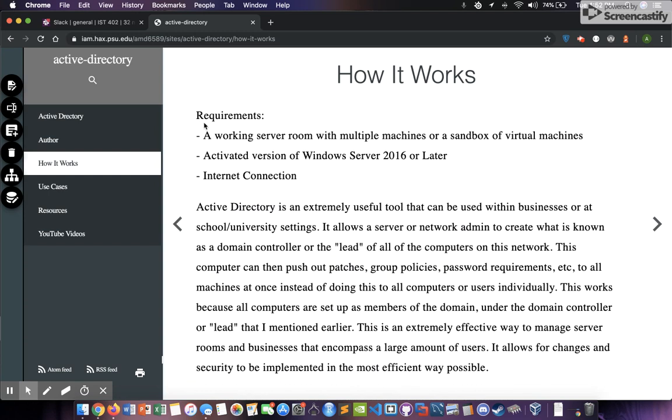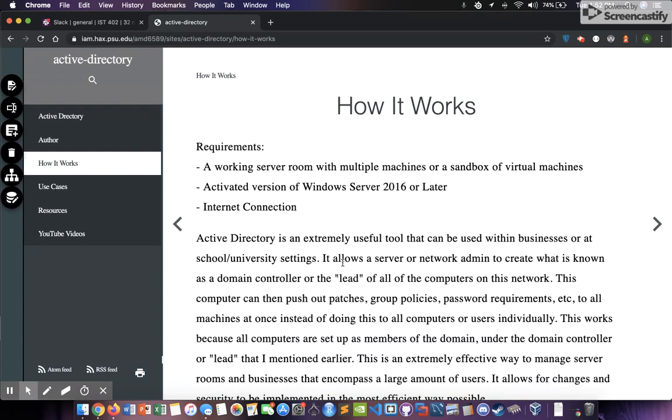Then I moved into a basic how it works page. Now, the thing with Active Directory is all of the steps to create and understand Active Directory and to create a domain controller. It's very, very technical, and there are a lot of different steps. So, as opposed to making a ridiculously long page of exactly how to do it, I just linked a couple of videos that literally show you step by step how to do it, because I won't lie, when I did it over the summer,